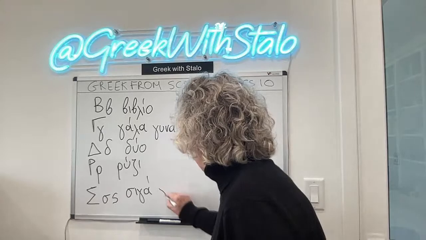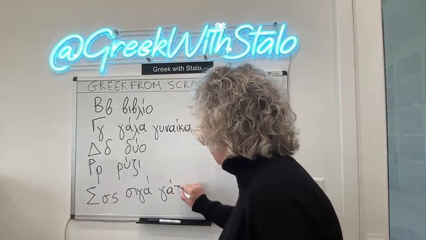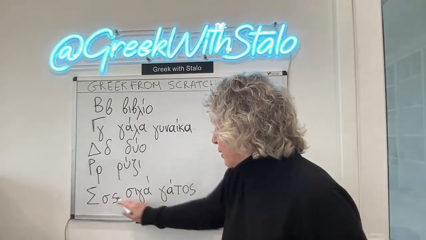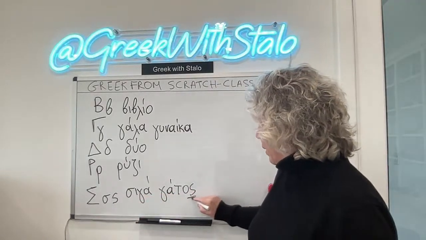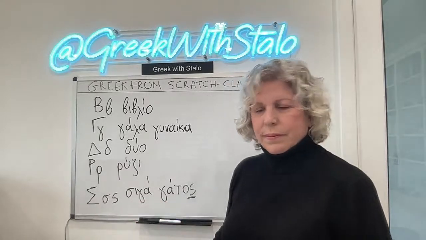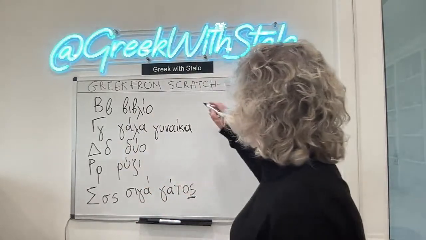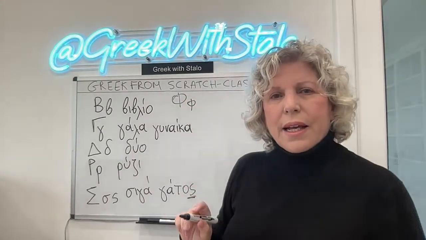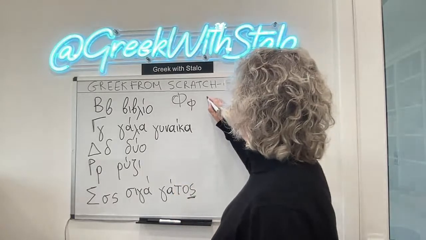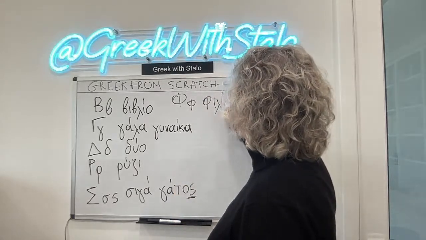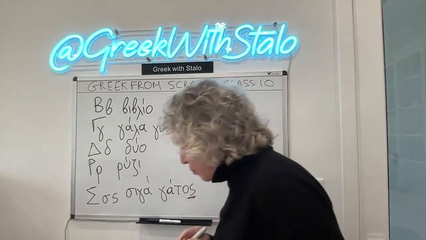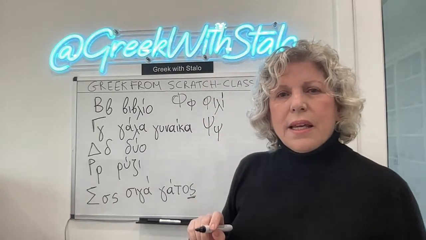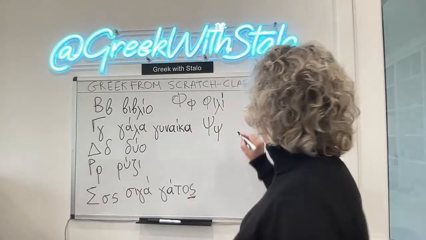So, for example, in the word gatos, we don't use this sigma at the end, but this one. We have phi as in Philly, psi as in psari,